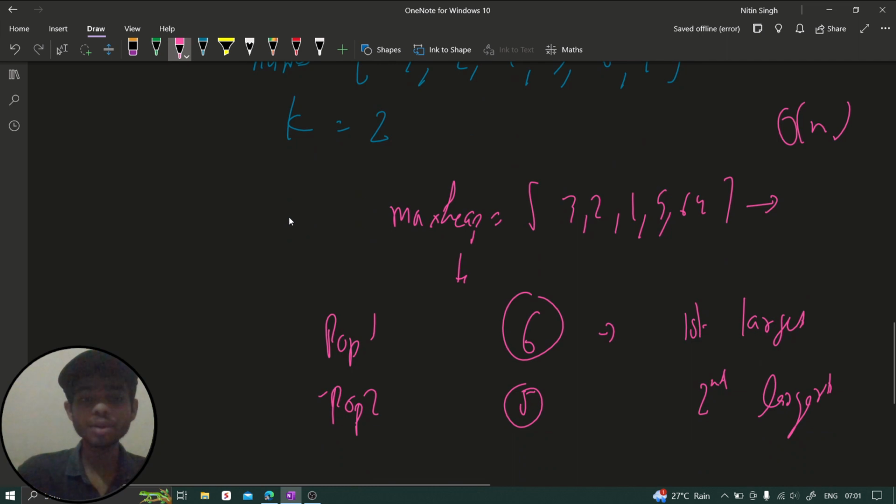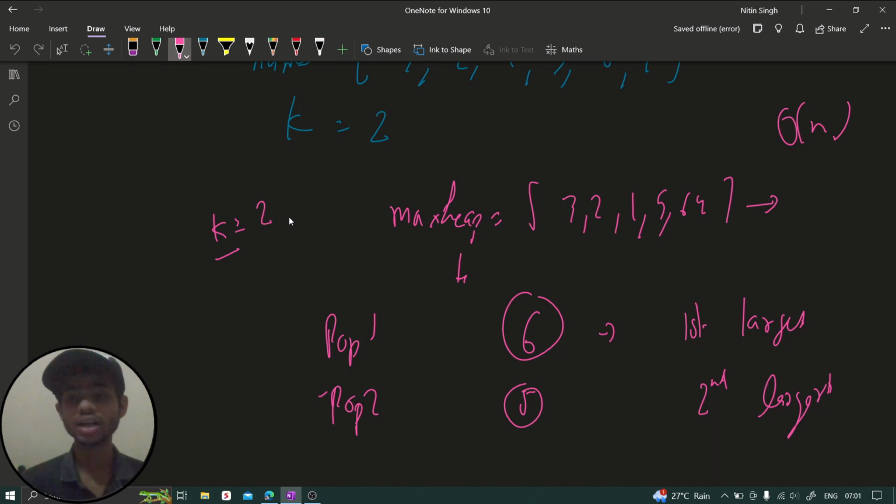Then we have to run a loop for k times, first time, second time, because k was 2, so we have to run a loop 2 times, and then you will find your second largest number, right? And then you can return that number. Simple thing. First, inserting, which costs O(n) space complexity,